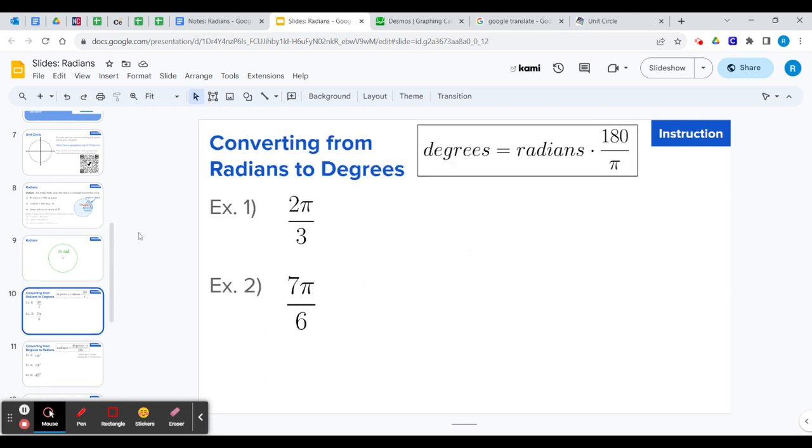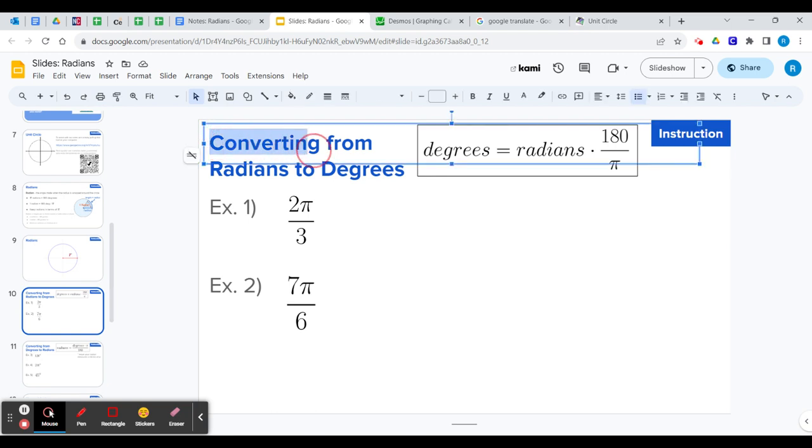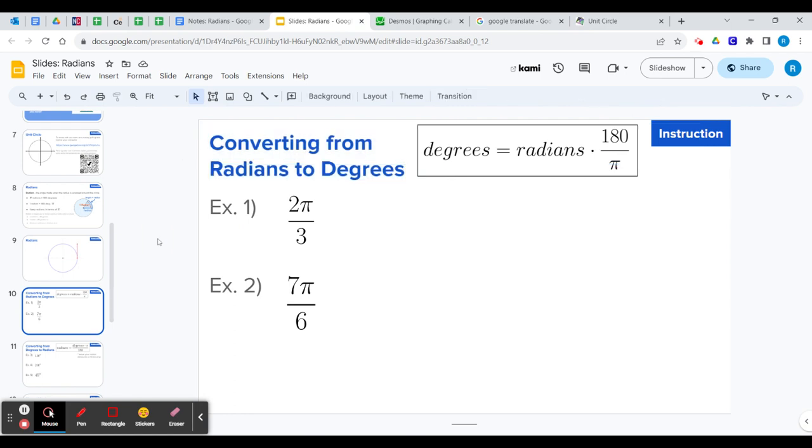So that's just a little conceptual understanding of what radians are, but for the effect of this class, we're just going to treat them as a different form of measurement. So it's important that we can bounce back from radians to degrees, just like we can bounce back and forth between inches and feet. So to convert from radians to degrees,